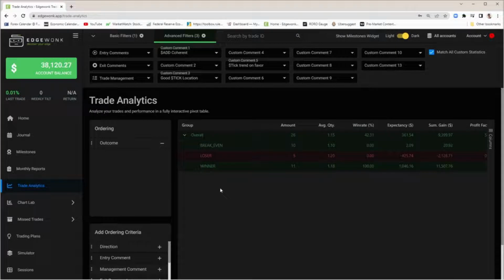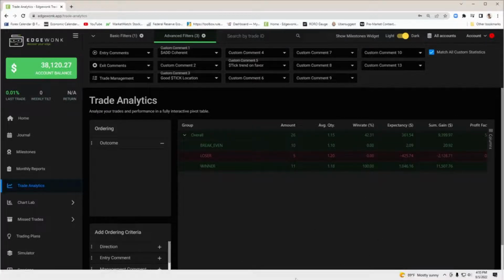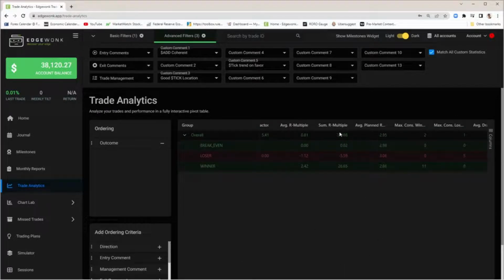So I started to see, wow, when the tick is trending, I just need the ADD coherent and a good tick location, and then I do have a very good probability of winning that trade. I ended up making 21 R. Look, the win rate is 42%, but that doesn't matter. I make on average